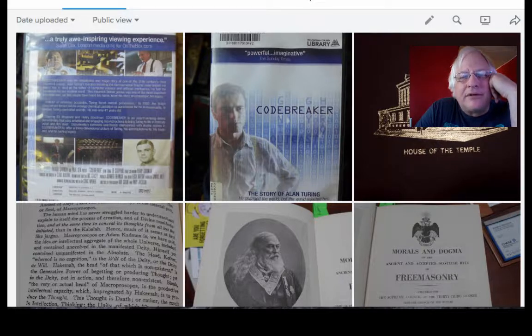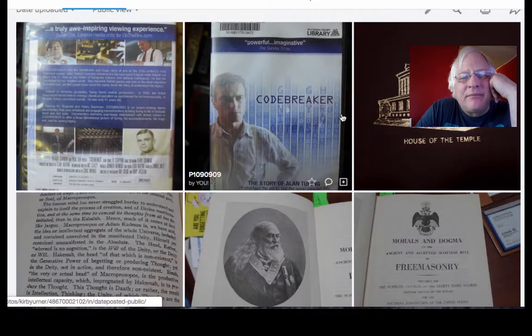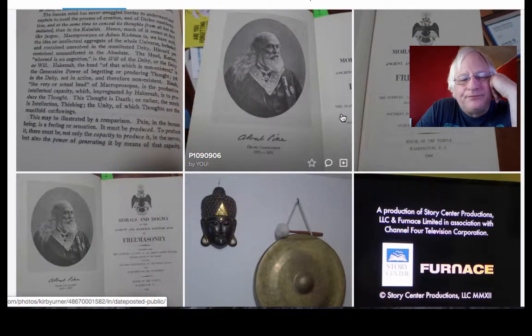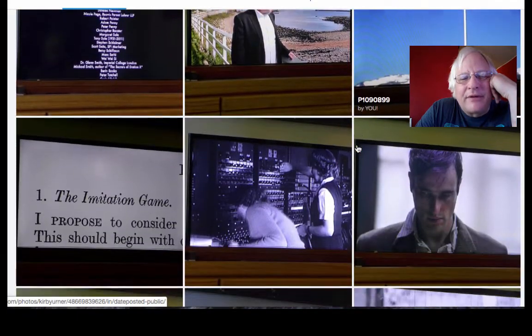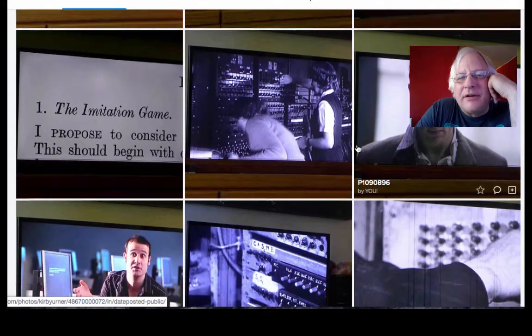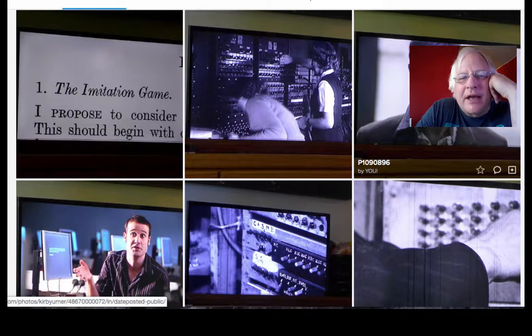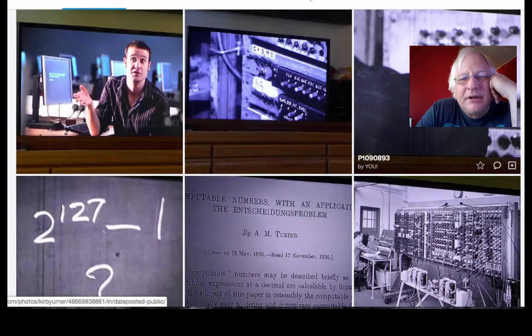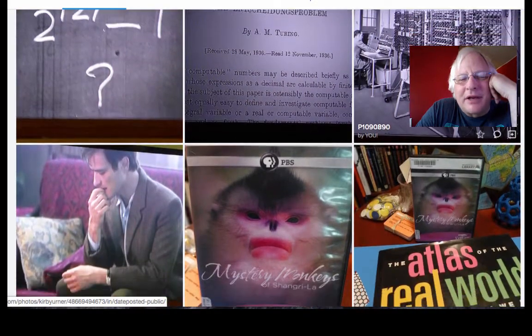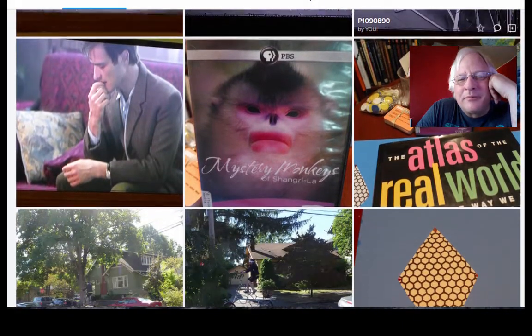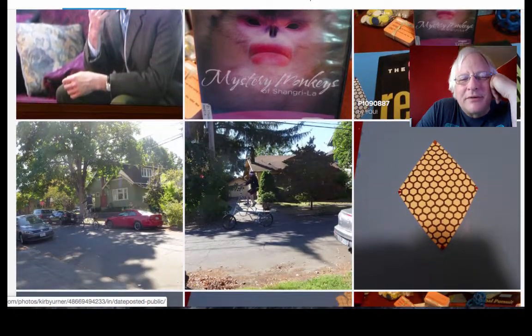Codebreaker, story of Alan Turing. Watched it yesterday. I'd seen it before, but not for a long time. Maybe I saw it on YouTube. And I've seen The Imitation Game, I'm sorry, the more fictionalized version of the story. I found this one as a docudrama with an actor playing Turing and his psychotherapist. Even though it was kind of stereotypical, the reason we have stereotypes, as Glenn's pointed out, is they come from some truths, right?